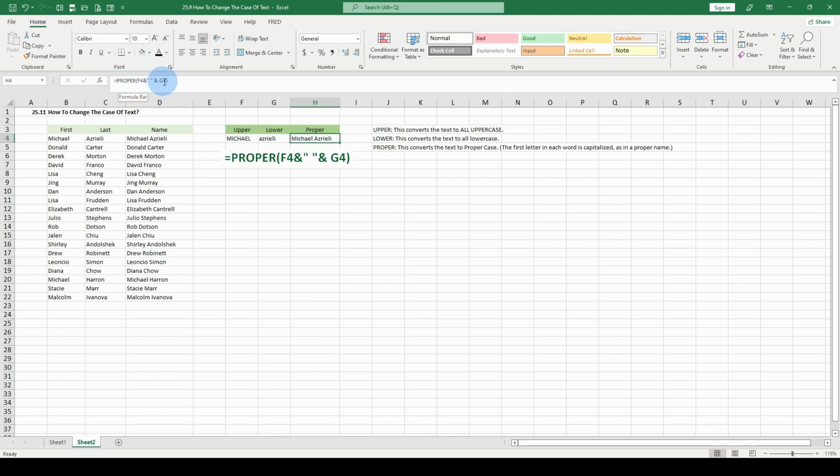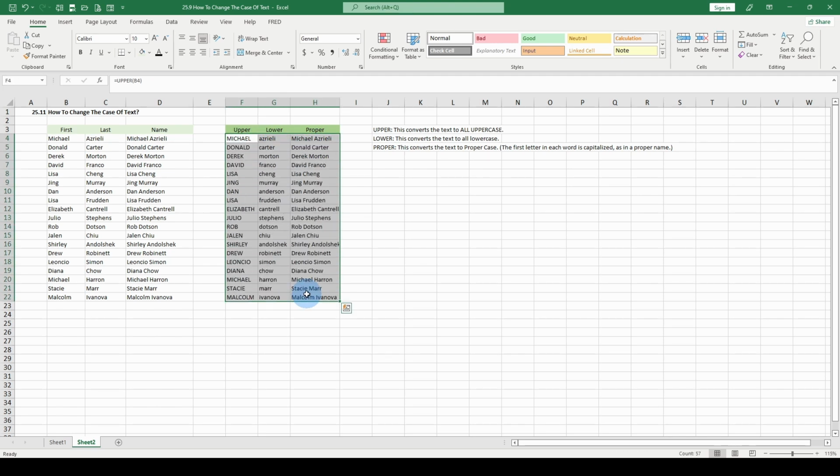We're going to use a CONCATENATE. All we do is hit F4, which is the uppercase. We put a space, which is the ampersand, the two quotes, close it with an ampersand, and then we add G4, which is the lowercase. Proper will convert that over into proper function. If you want, you can just copy that down, Control D, and there you go,